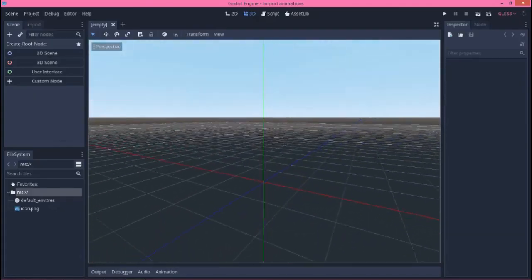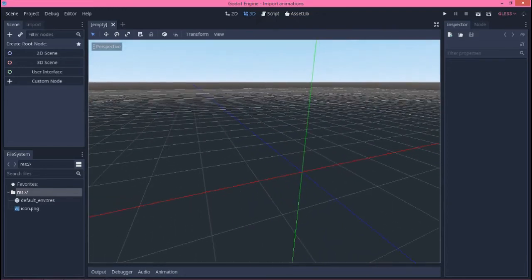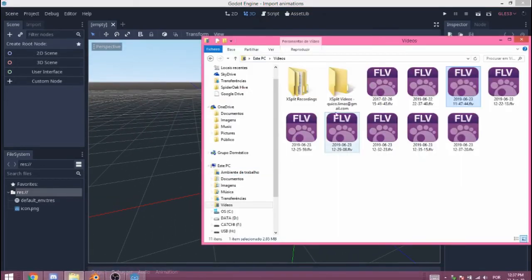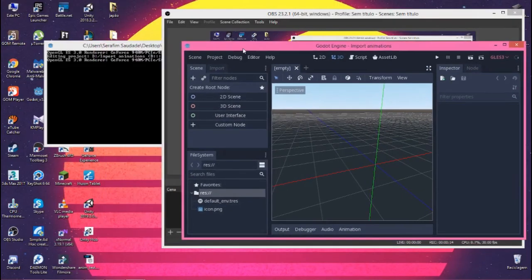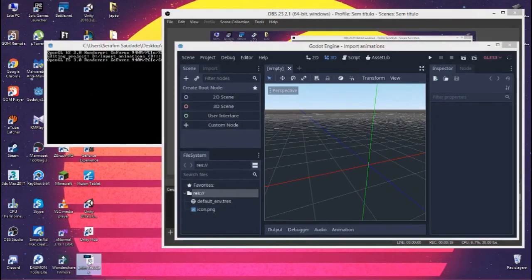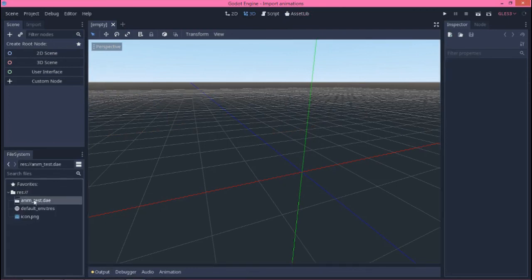So inside of Godot, you are just going to import the file that we just exported from Blender. In my case, it's on the desktop. It's a bit messy here. I'm just dragging it to that box over there, and if you double click it,